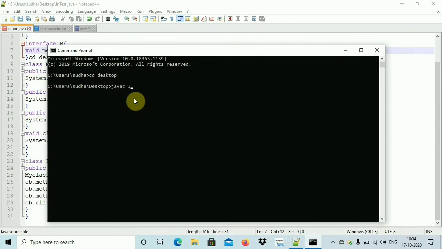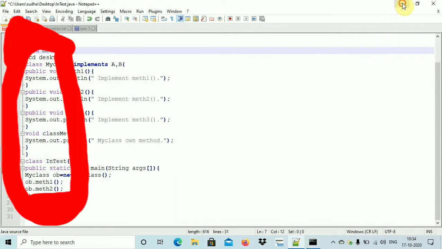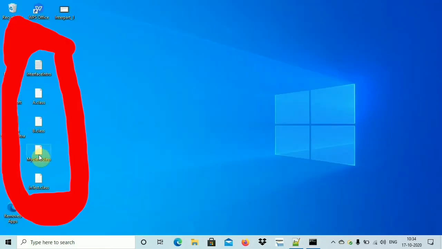So I'm compiling the program. I want to show you one very important thing over here, friends. After compilation, .class files will be created, and you can see the .class file for my class, the .class file for the test class, and for the interfaces also .class files are created.